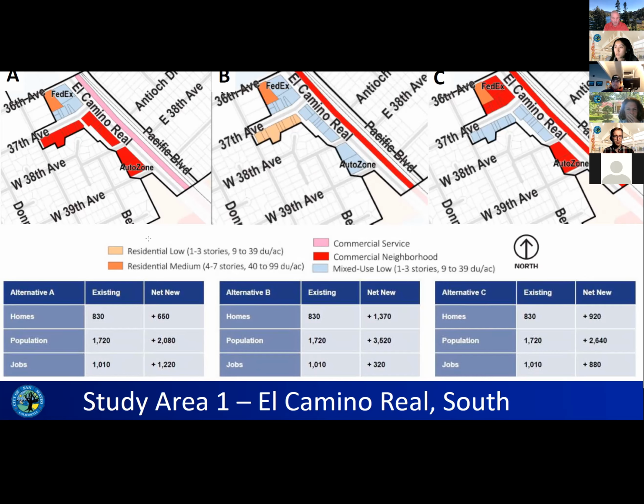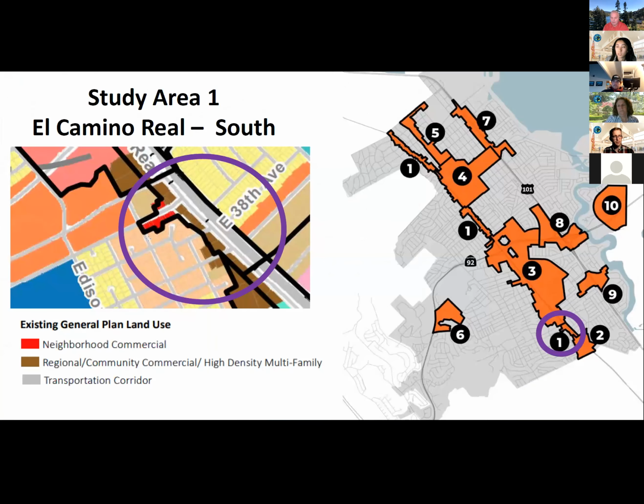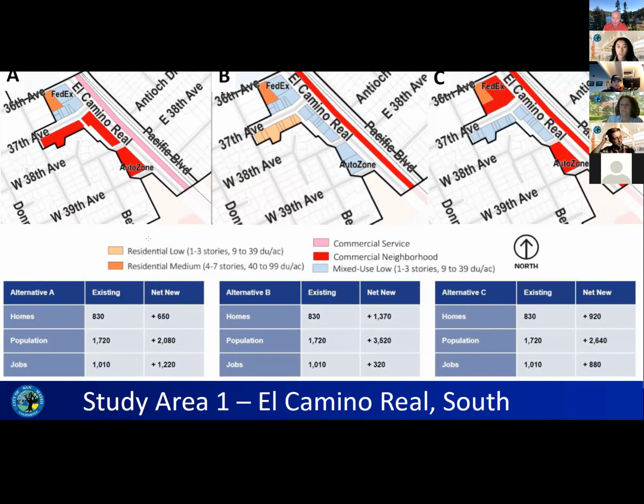The comment would be, would you plan to build large buildings along El Camino similar to Redwood City and San Mateo? So again, this doesn't necessarily mean that these types of buildings would be built, and the city is not going to drive the building of these types of buildings. It's simply looking at, should the land use change or something be redeveloped in these particular areas?